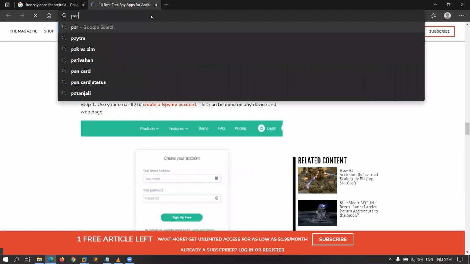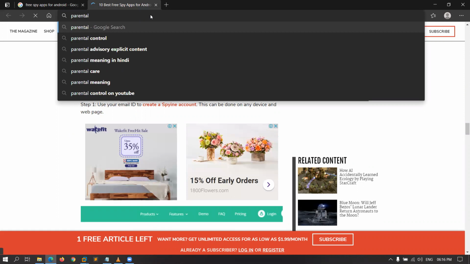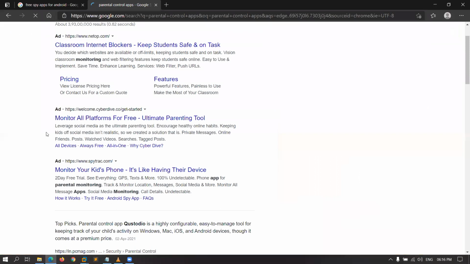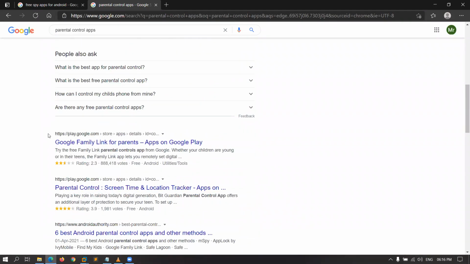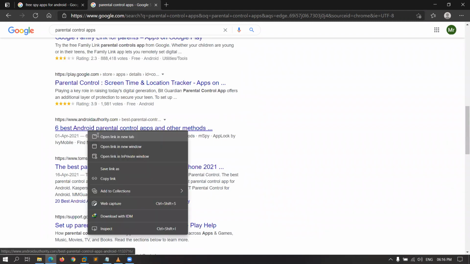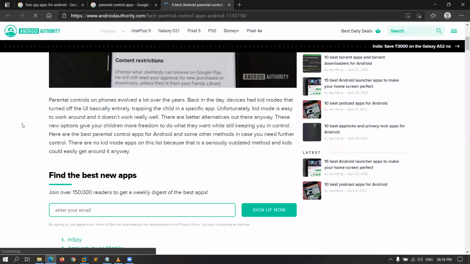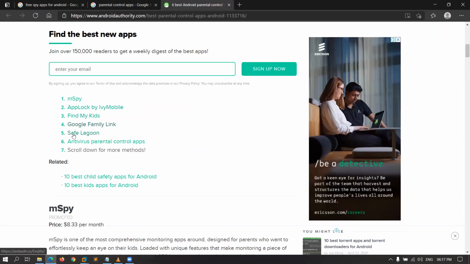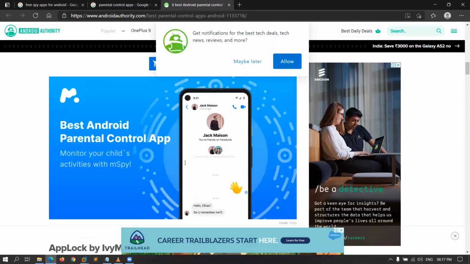So if you type parental control apps, lots of websites will come up, and you can use any kind of tool. 6 best Android parental control apps and other methods. I'm a spy app, locked by Ivy Mobile, Find My Kids, Google Family Link, Safe Logon, antivirus parental control apps. So you can use I'm a spy.